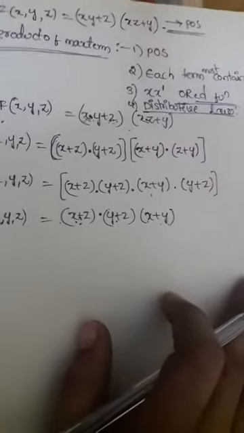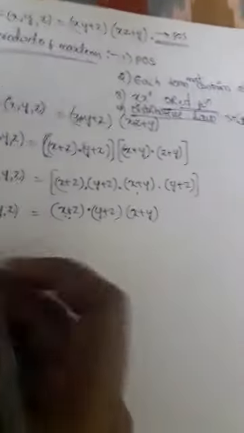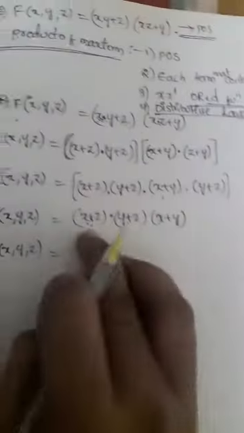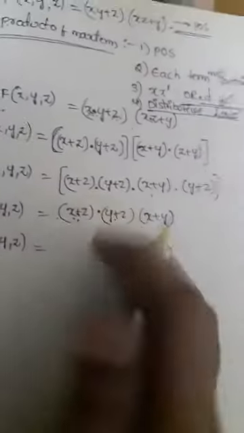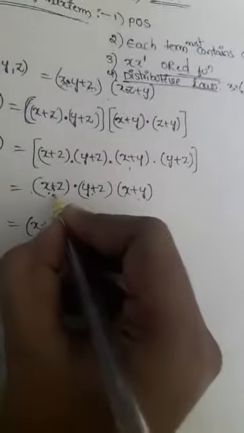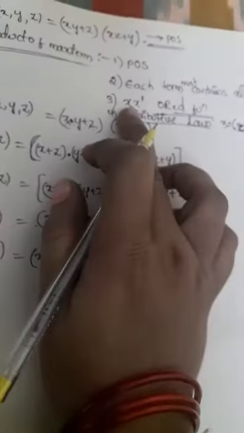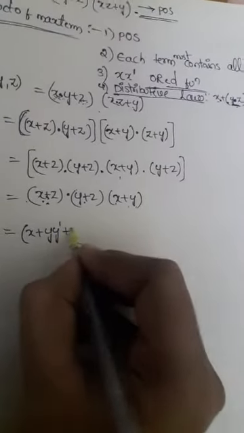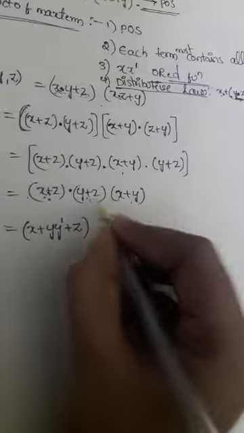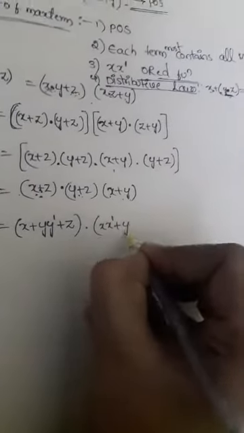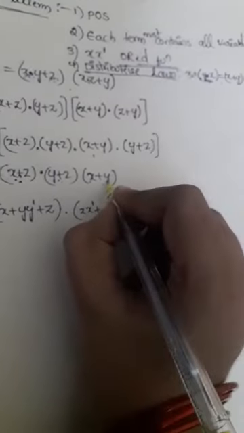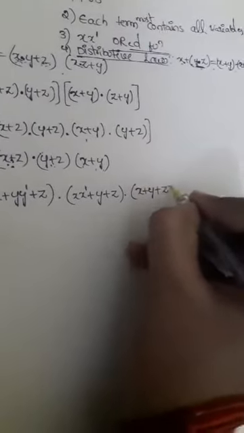So f(x, y, z) = ... whichever variable is missing, that will be applied for that term. Here in x + y, z is missing, so I will take it with the OR function. If any variable is missing, we use this function. So y into y complement plus z; here x is missing, so x into x complement plus y plus z; into x plus, here y plus z is missing, so z into z complement. So now simplify this part.